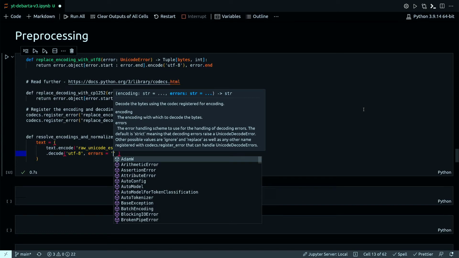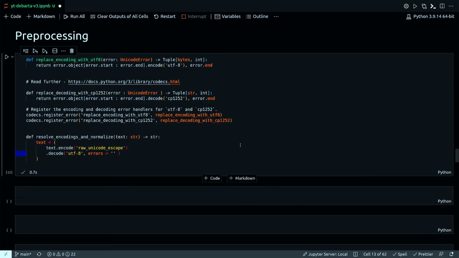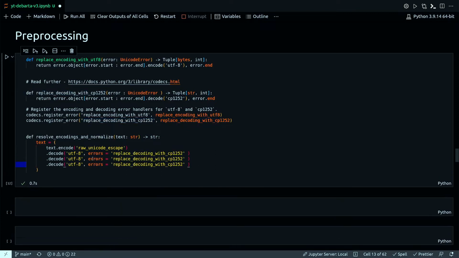Errors. Then I need to pause here, replace decoding with CP1252. Next here is replace decoding here.